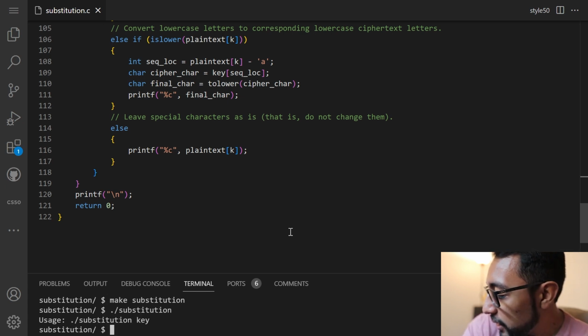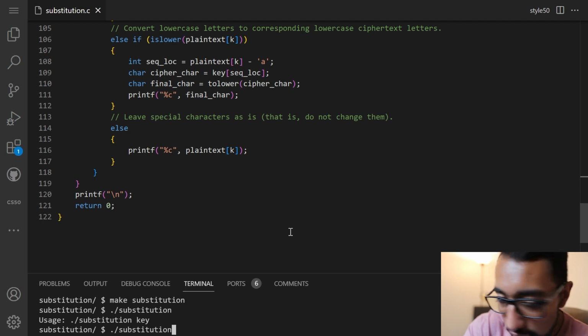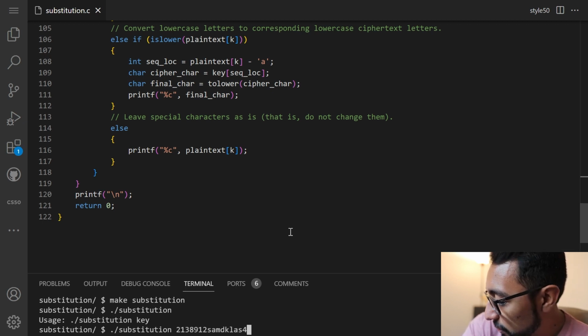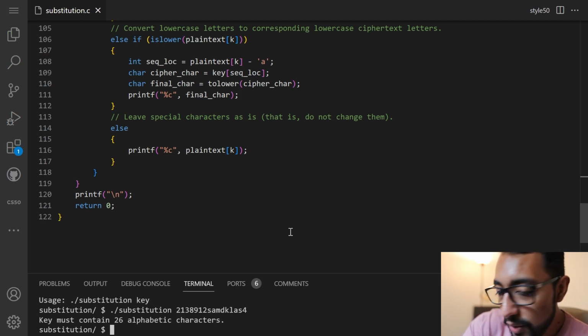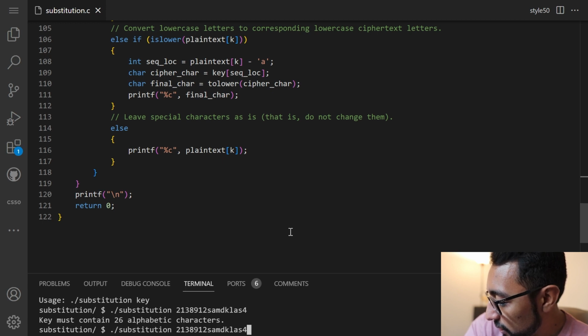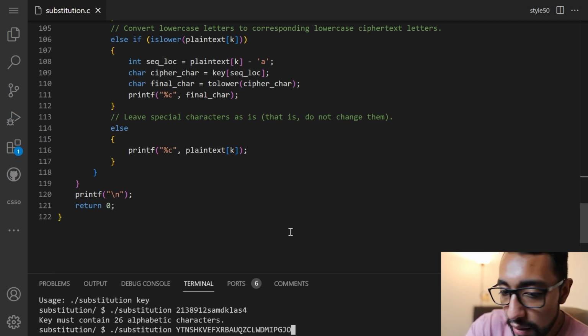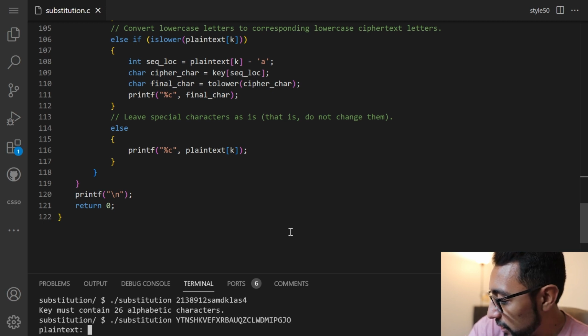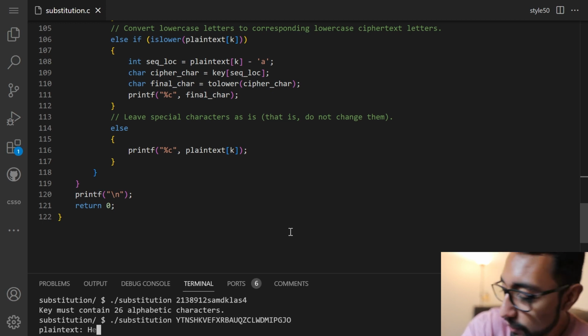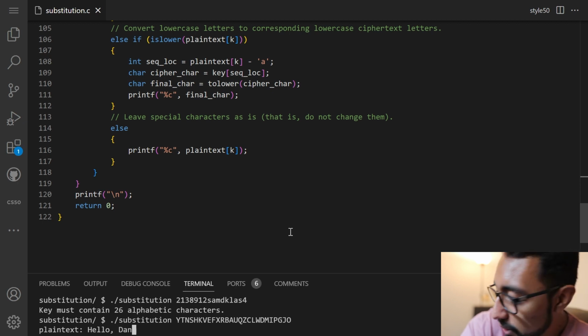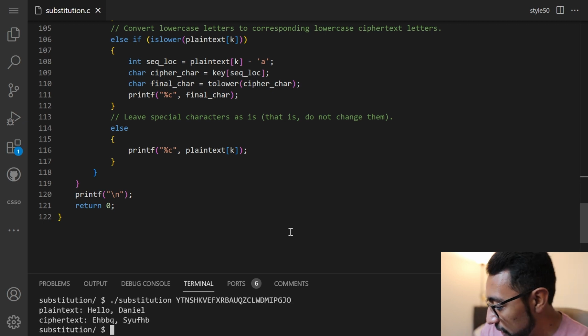Substitution without a key. Okay, so it's telling us, oh, we need a key. Let's put something weird. Key must contain 26 alphabetic characters. Okay, cool. So instead of doing that, let's go ahead and input one that we know will work from Professor Malan. Plain text, let's do hello Daniel, and then it's going to output